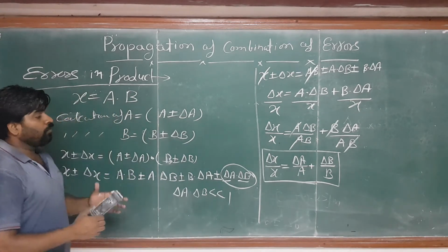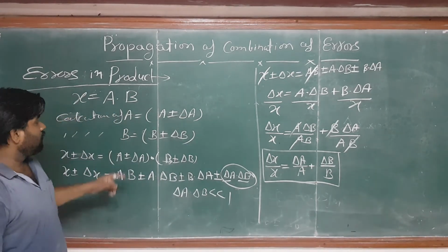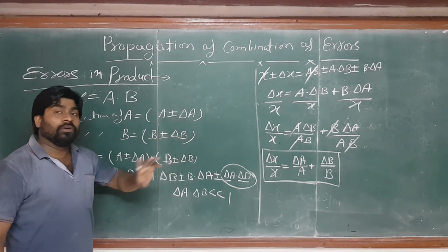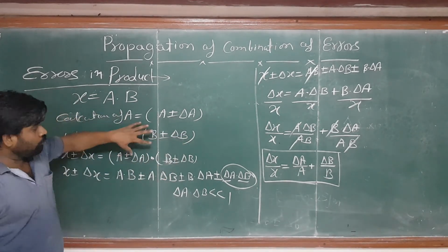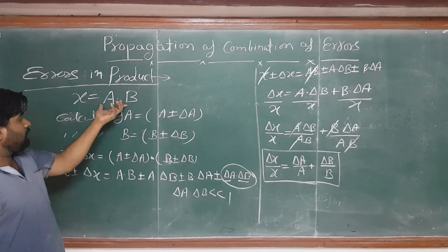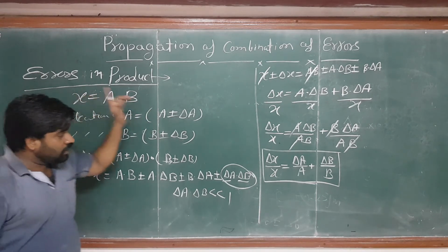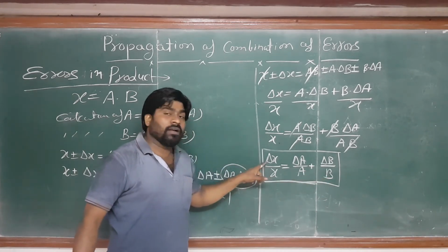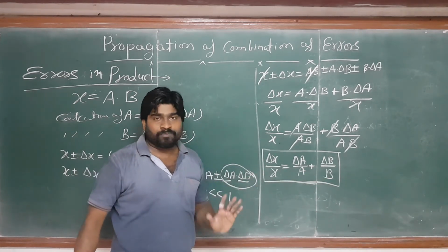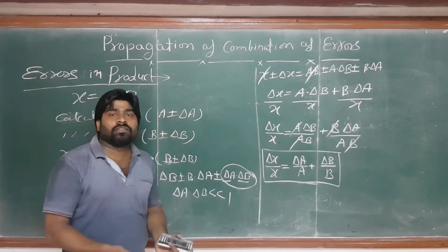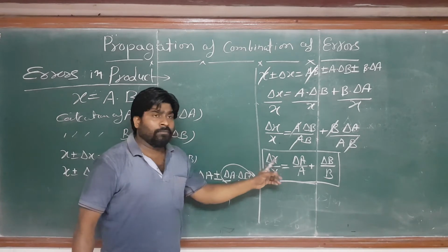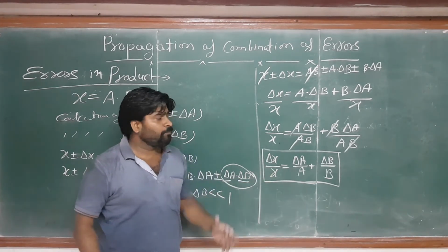Now how can you calculate del x here? In any question, A, del A, B, del B will be given to you, and this is the formula. By combining A and B, you will simply get x. So you have these four values along with x, and you can find del x by cross multiplication. Right? And if you want to calculate the percentage error, just apply this formula and multiply it by 100%.